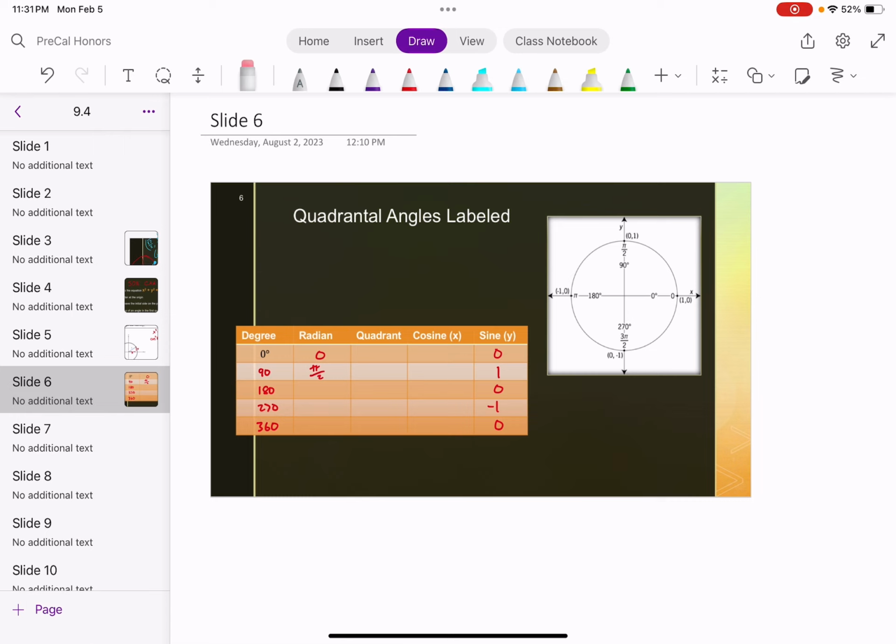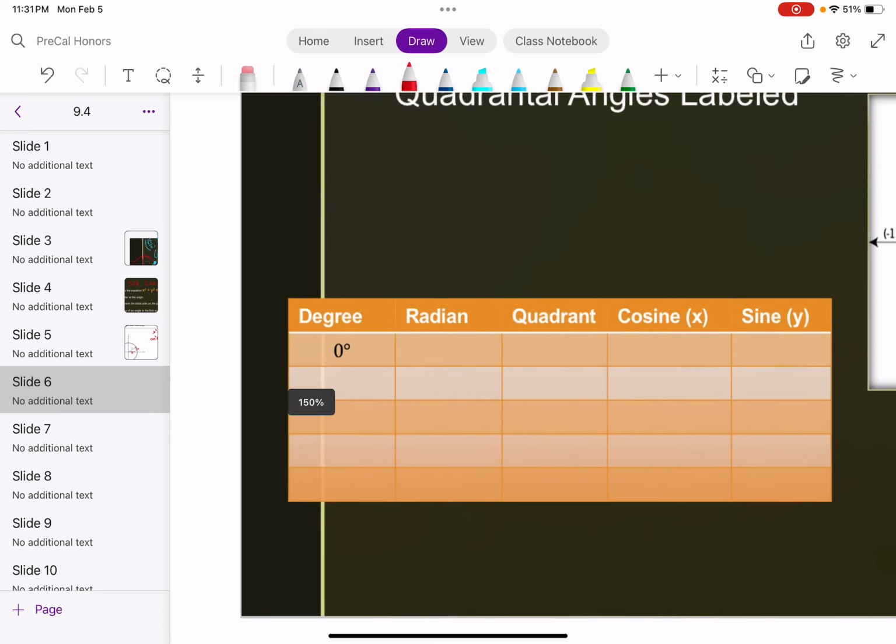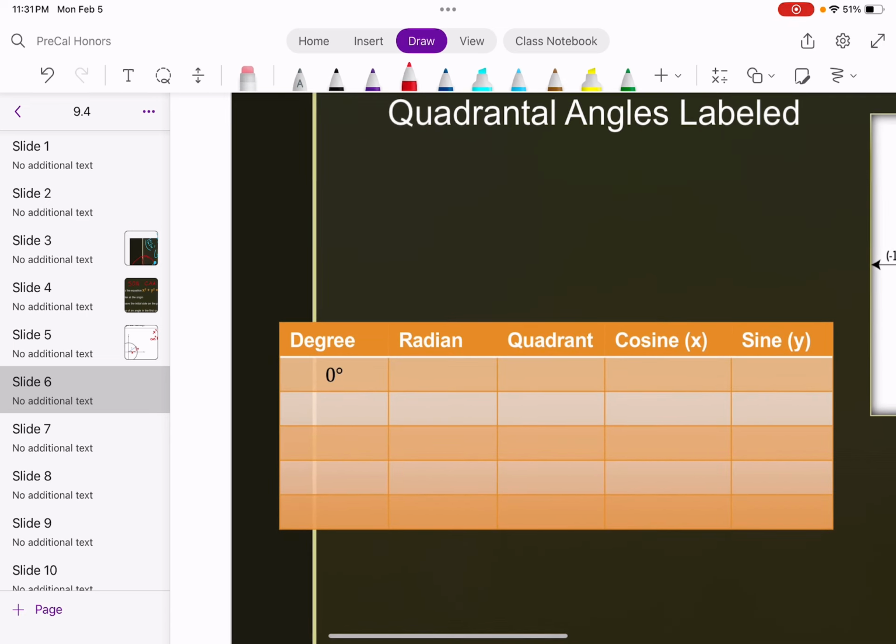So in this example, what we're going to start doing is taking a look at our quadrantal angles. Now remember, quadrantal is whenever we have an exact angle at our x or y axis. So this would include our 0, 90, 180, 270, and 360. So we're going to go ahead and place our degrees right in there. So 0, 90, 180, 270,